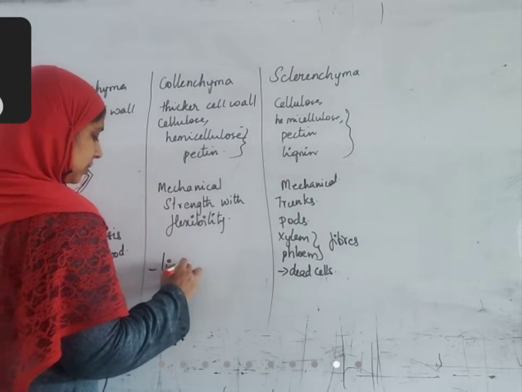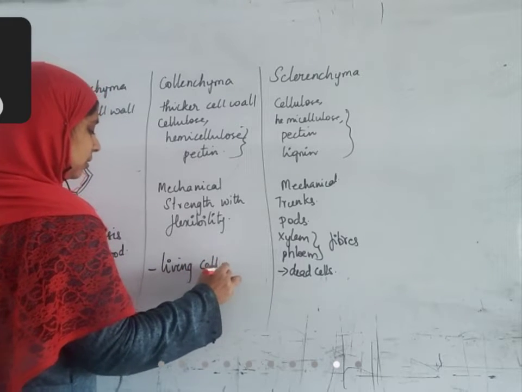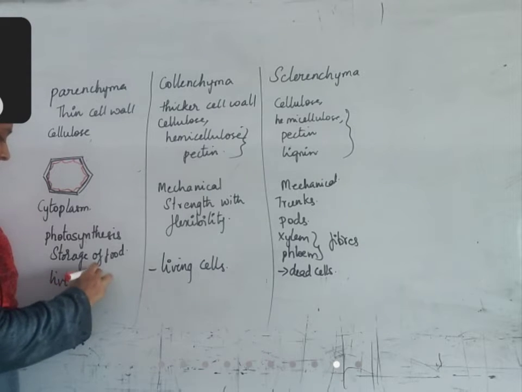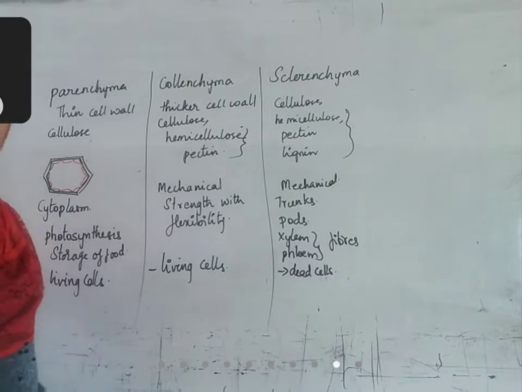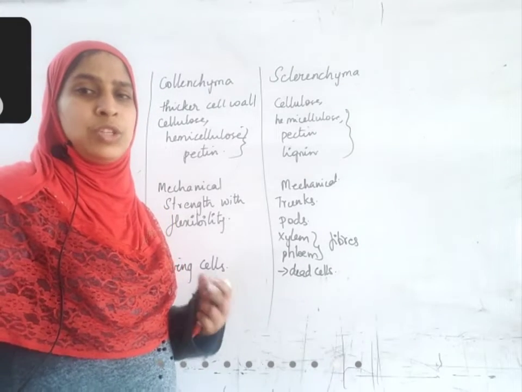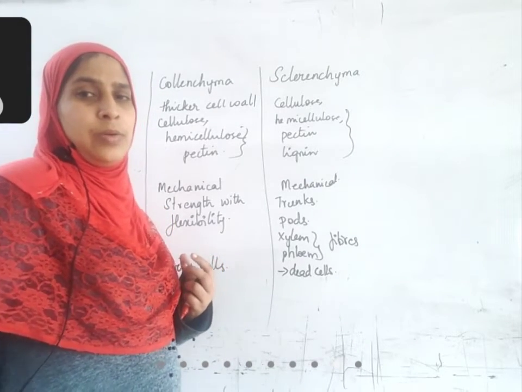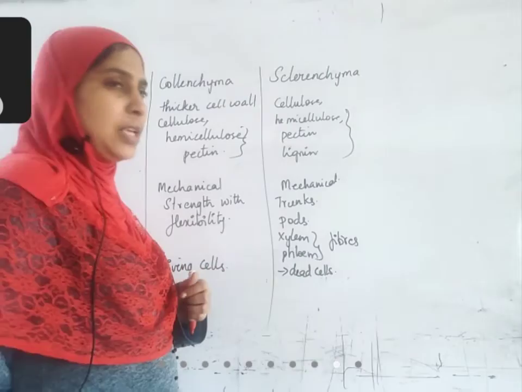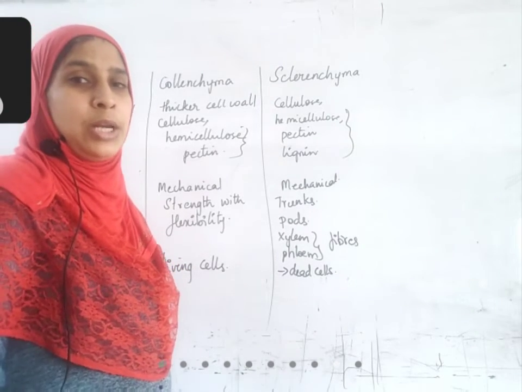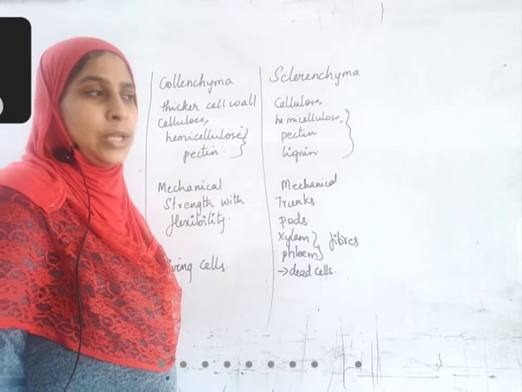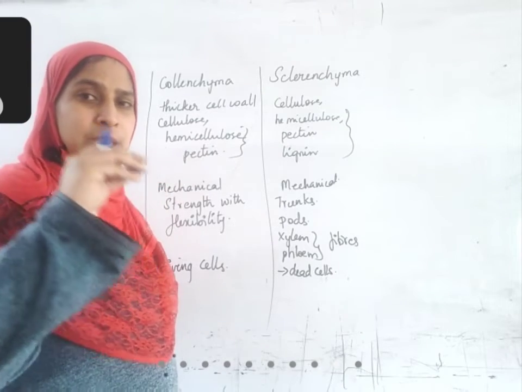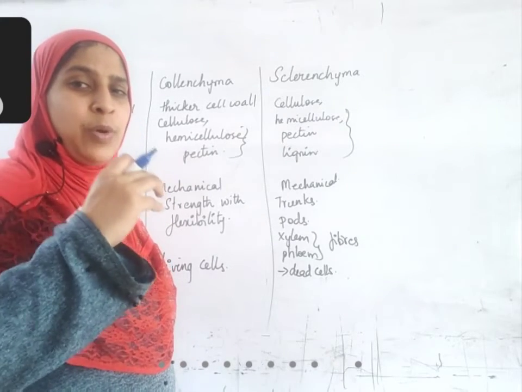Collenchyma are living cells, and parenchyma are also living cells. All cells that are present in stems and leaves which are active are parenchyma cells. Sclerenchyma is present in that part of the stem or root which is somewhat stiffer than normal, not very tender. Sclerenchyma is present in hard parts like almond shell, walnut shell, and pods of plants like bean pods in which the seeds are present. That becomes hard, and at that time it is made up of sclerenchyma.